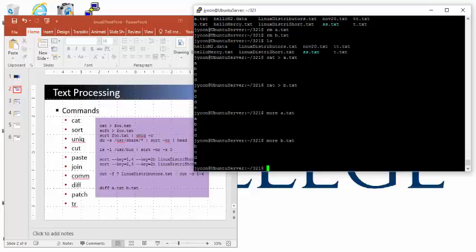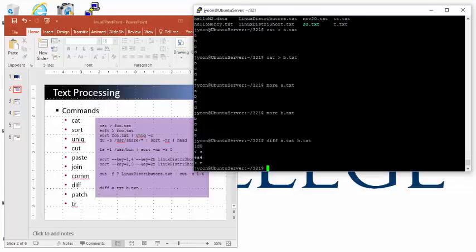So the command that is very useful in some cases is to compare 2 files. If they are very long files, then it's not easy to do it manually. So if you use diff, which is for differentiates, a.txt and b.txt, then it shows you, for example,